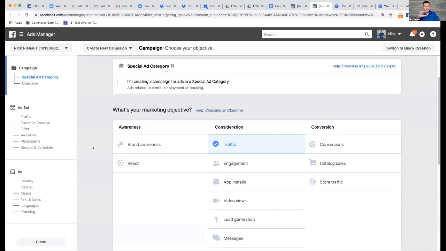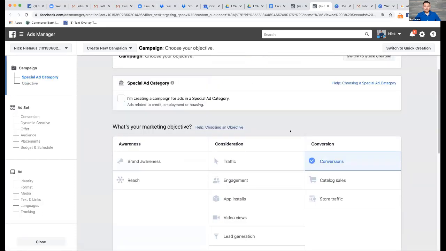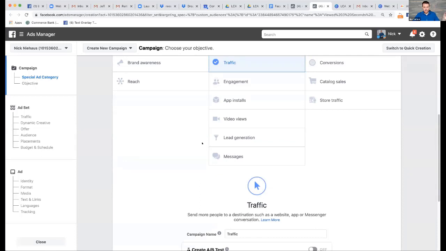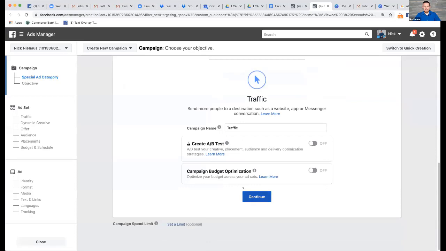So what I would do is I would take that loft tour video, I would come in here and select traffic as my objective, because what I'm trying to do is get people to the landing page. Now, alternatively, and this just requires an extra step, I could select conversion. And that's actually going to optimize for people who sign up on the landing page. But you do have to set up some tracking in order for that to happen, which we're not covering today. So I'm just going to leave it at traffic. And what that's going to do is put this secondary video in front of as many people from that new audience that I just created that are likely to click on the ad. Okay, so that's the new objective: I want the people who are going to see it and click on it.